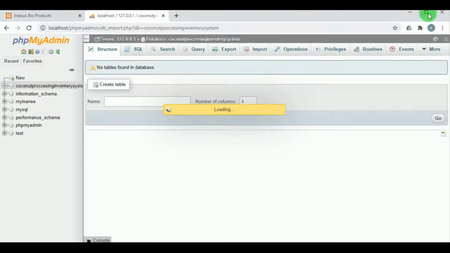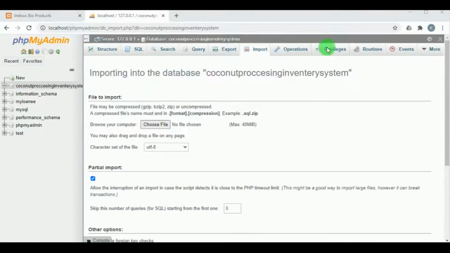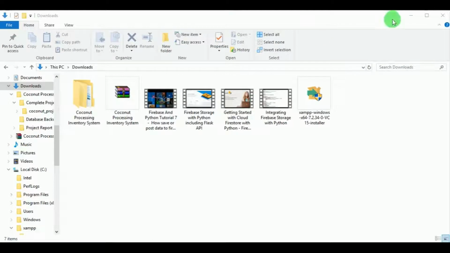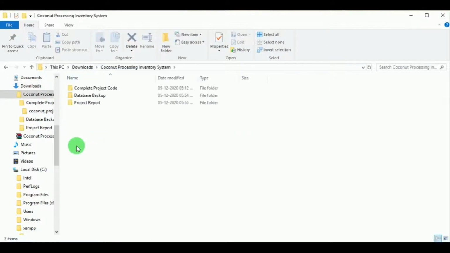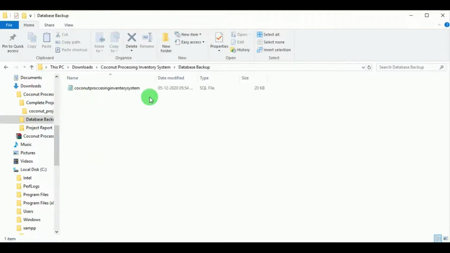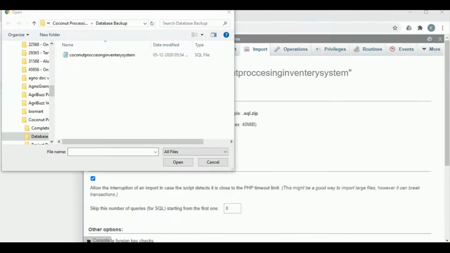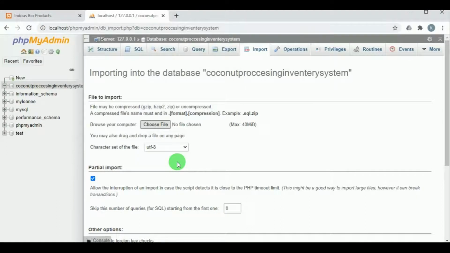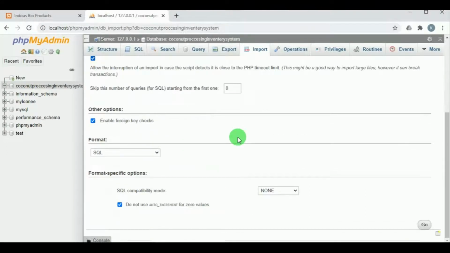So click on import and click on choose file. Here in database backup, select the file and click on open. This might take some time to upload the file.